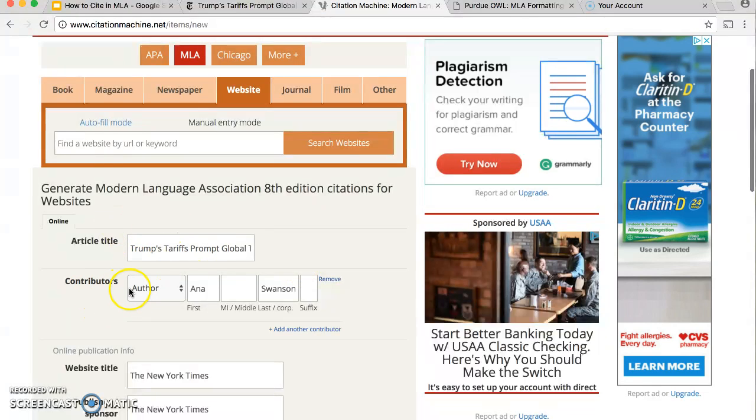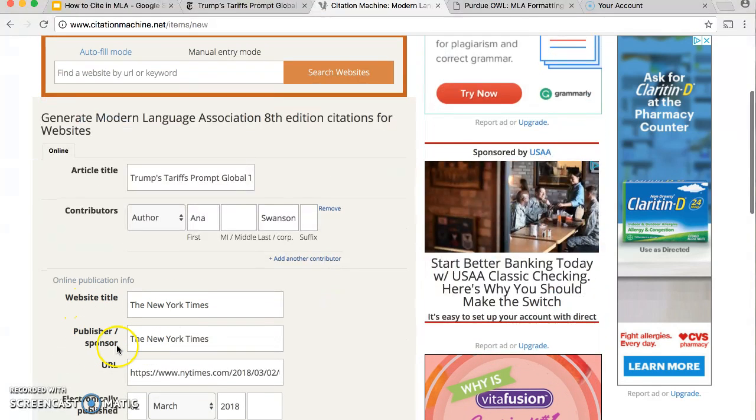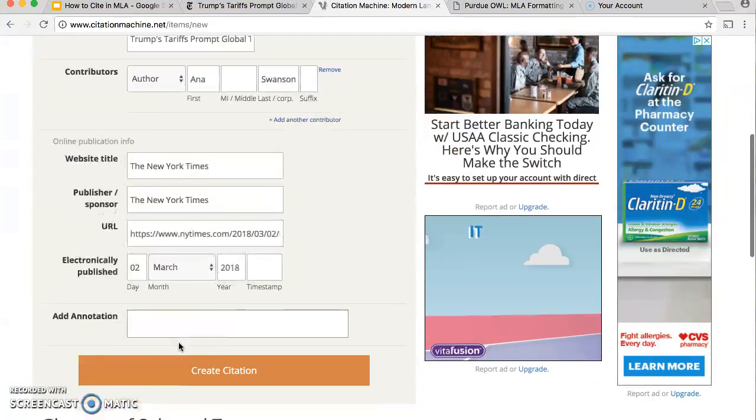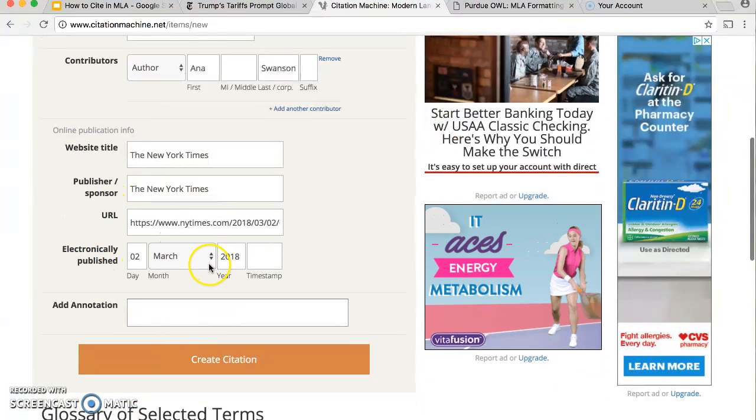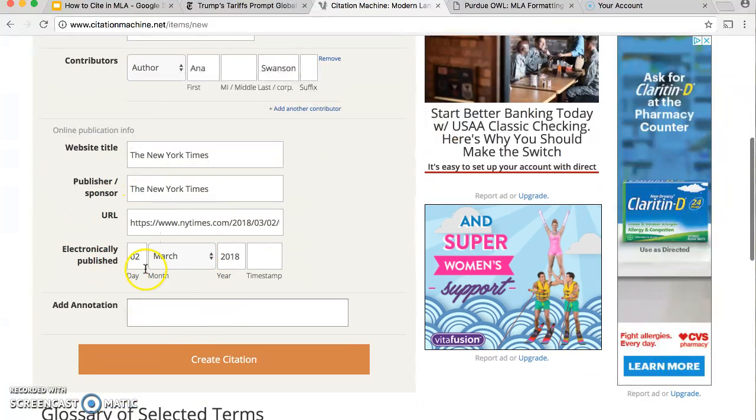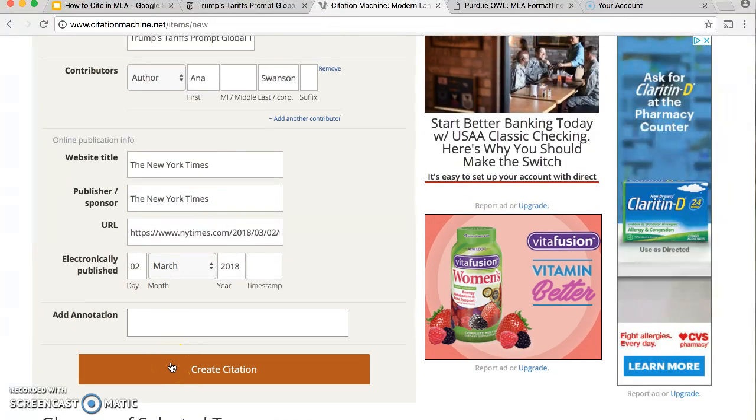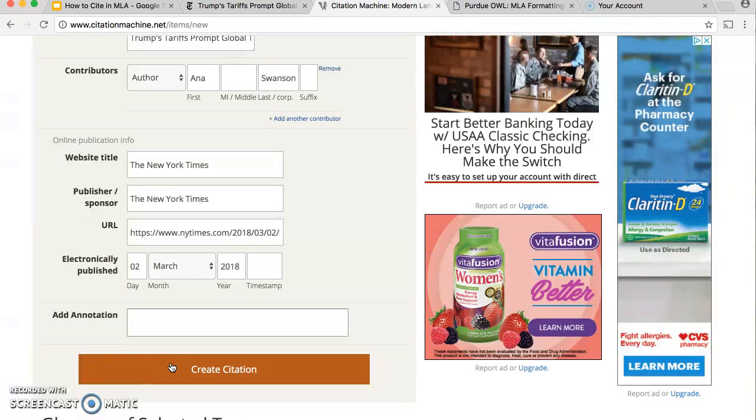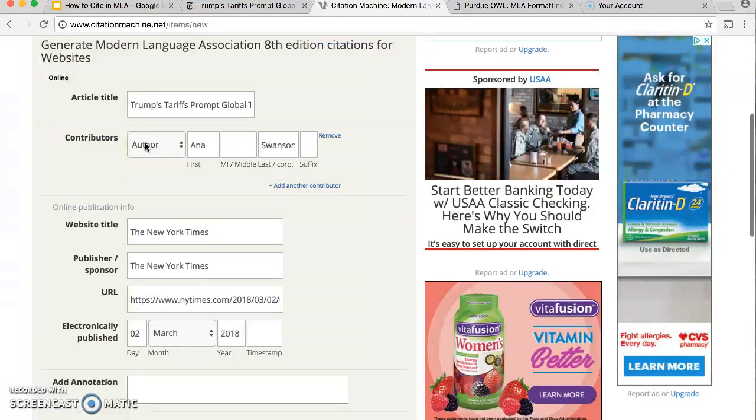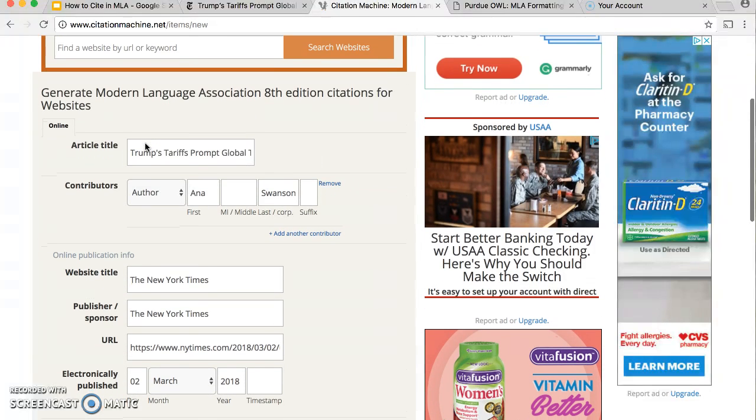So the title, contributors, website, publisher / sponsor, which is New York Times, URL, and the electronically published date. So what I'm going to do is create the citation. And actually, before I do that, sometimes when you use Citation Machine, the author does